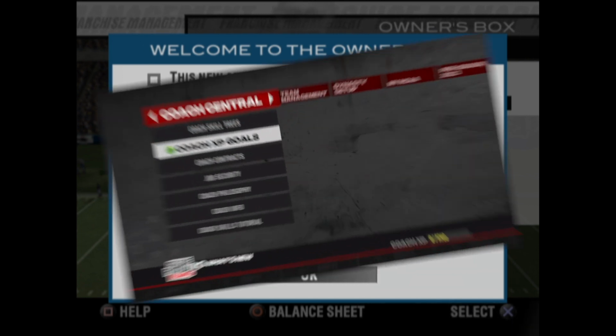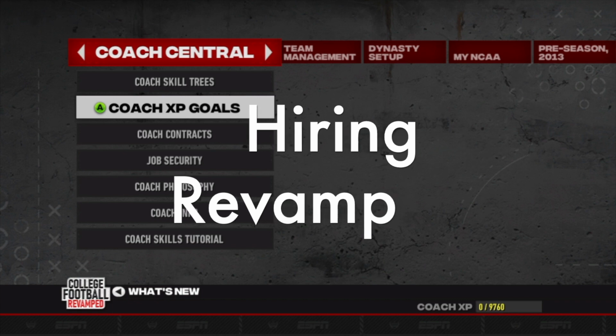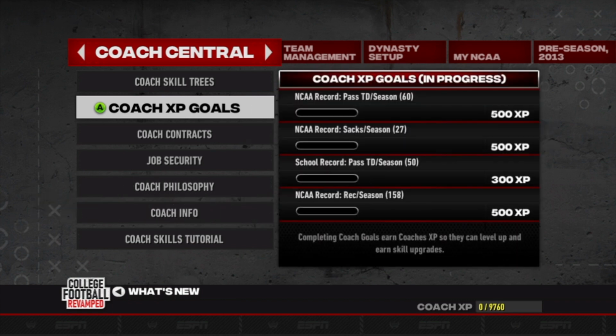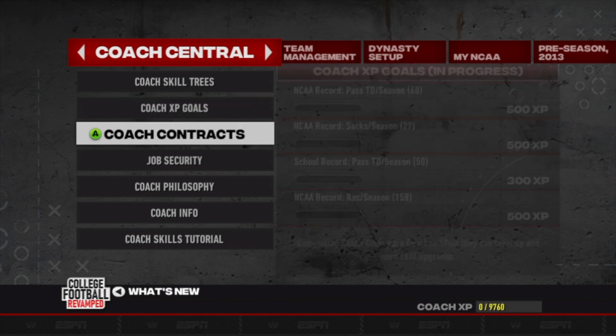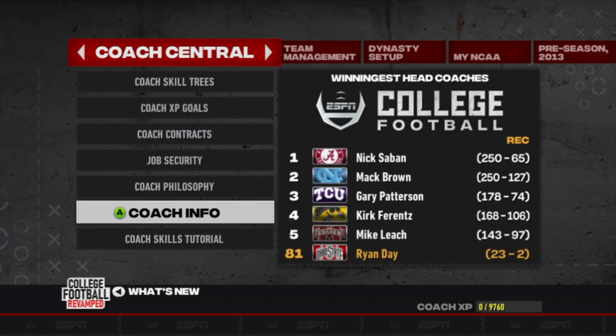Let's start off with hiring coaches and not being coaches. So in AD mode, say you are tasked with the important mission of replacing your head coach when he retires, and the article makes a good reference. Imagine the amount of pressure you would be under if you had to replace Nick Saban. I mean, oh snap. So of course you want to get the right hire for your programs.